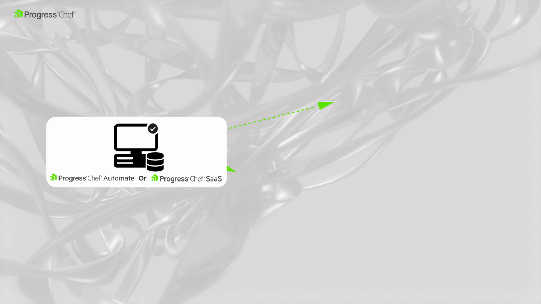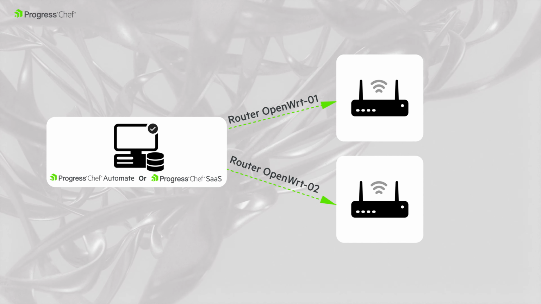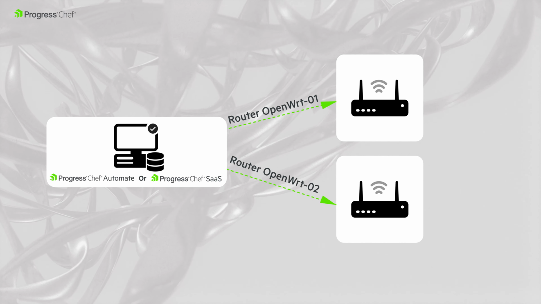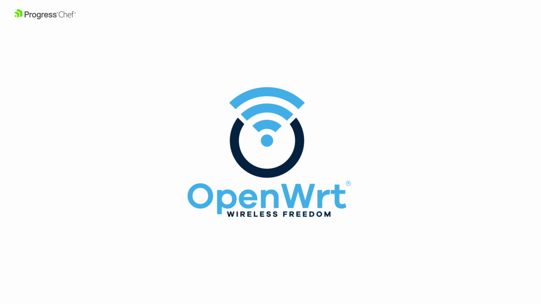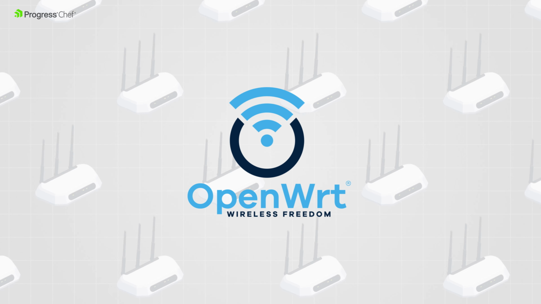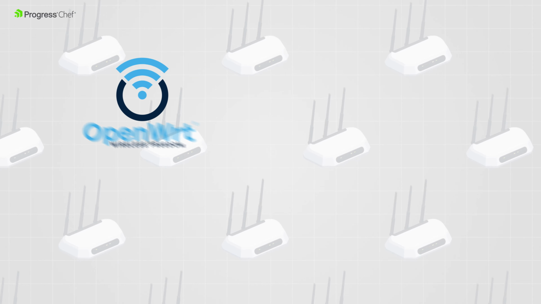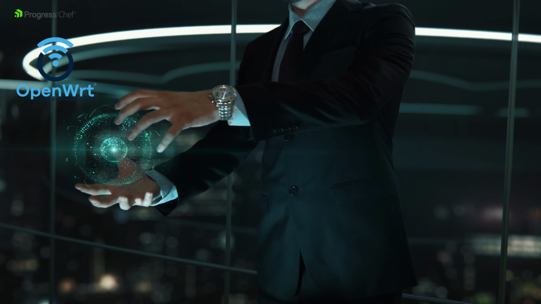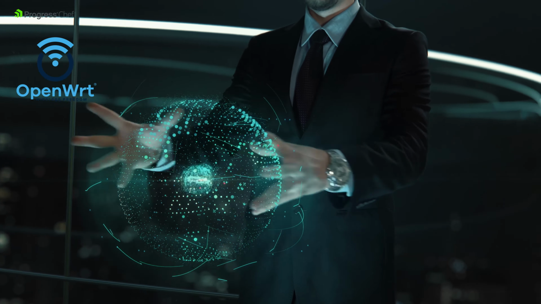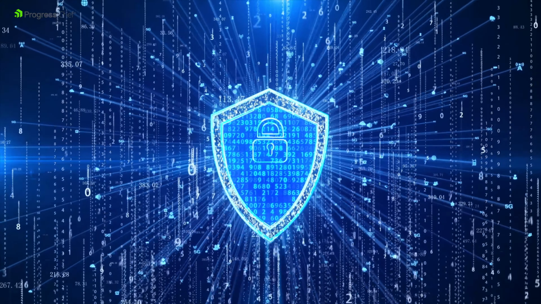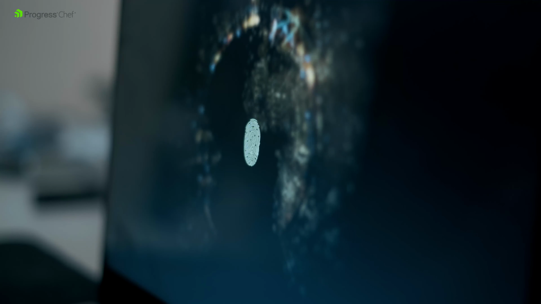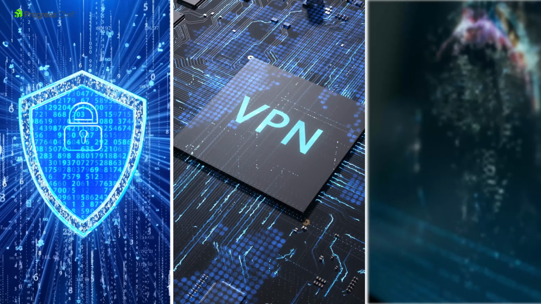As a prerequisite for this demo, we have two virtual machines running OpenWRT, which will act as Target 1 and Target 2. OpenWRT is a Linux-based open source project for routers and other network devices. It provides a customizable and secure platform for network performance optimization. Various security features are made available, including firewall, VPN, and intrusion detection, all of which help protect against network attacks